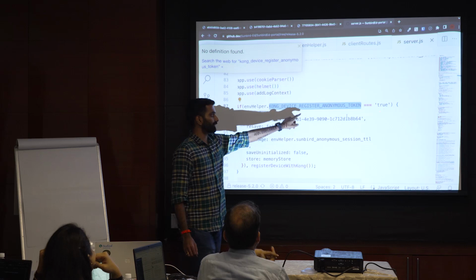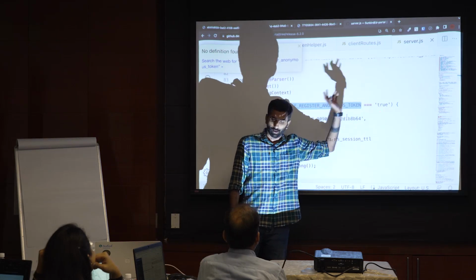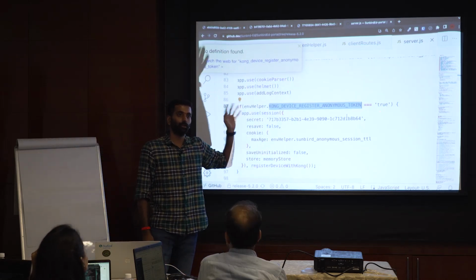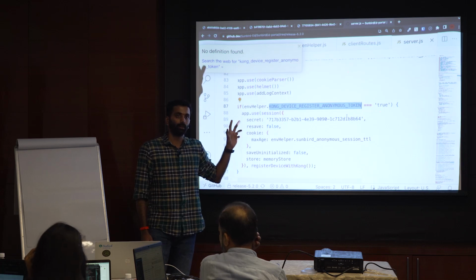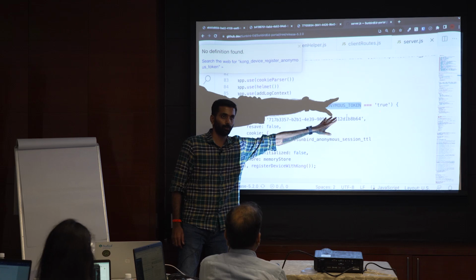If this flag is set true, you might be wondering true is a boolean, why is it a string? Because the YAML file coming from DevOps, having a boolean value, sometimes has conflicts. So it's best practice to use a string. That's why it is a string, not a boolean value.